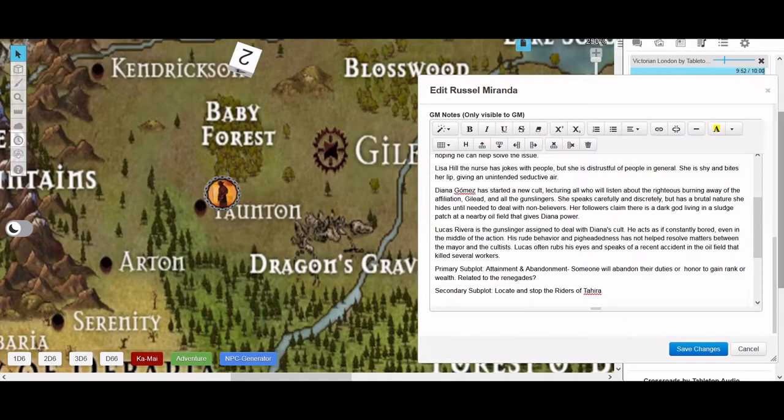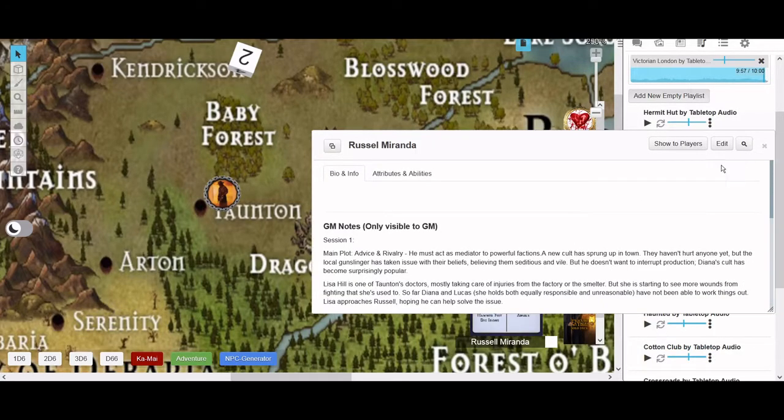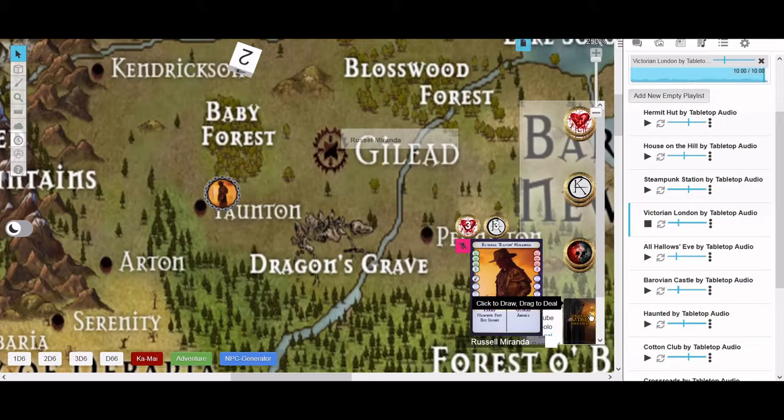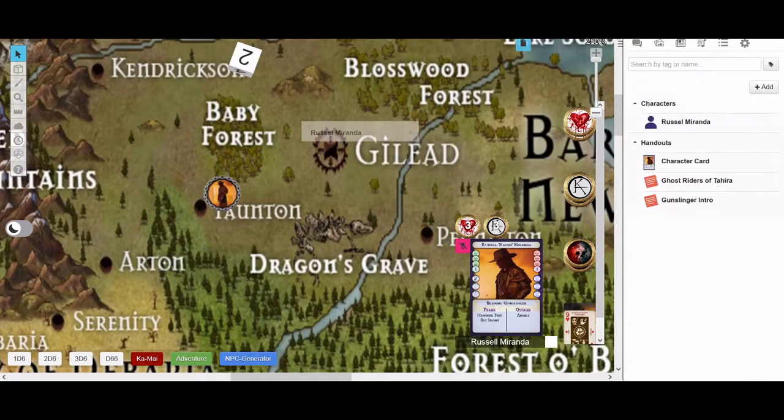All right, so at this point, we're going to draw our first card to make our scene, see what's going on. Nine of Hearts. So the Nine of Hearts is a standard crafty challenge, just like it says here.